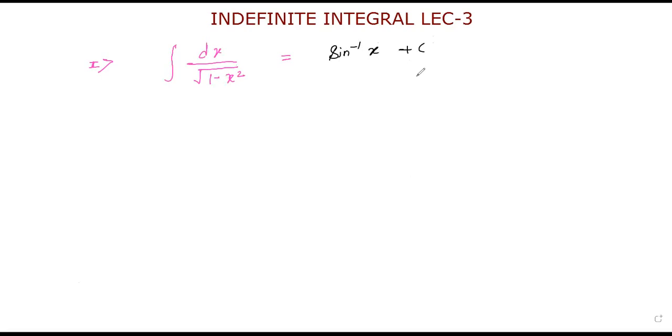But as we know, sine inverse x plus cos inverse x is pi by 2. One more thing, here x will be from -1 to +1. So if you replace sine inverse x in terms of cos inverse x, it will be pi by 2 minus cos inverse x. And you can add pi by 2 into this constant c. So it is again a constant, right? So you can write this antiderivative as minus cos inverse x plus constant of integration k, right?